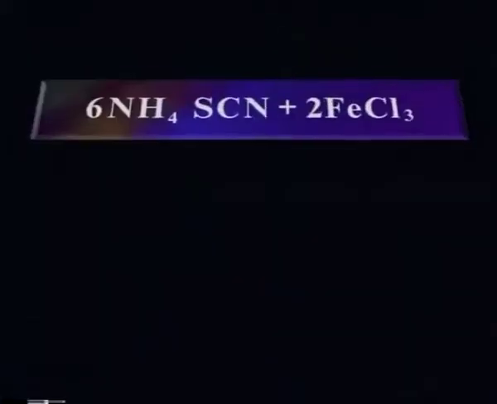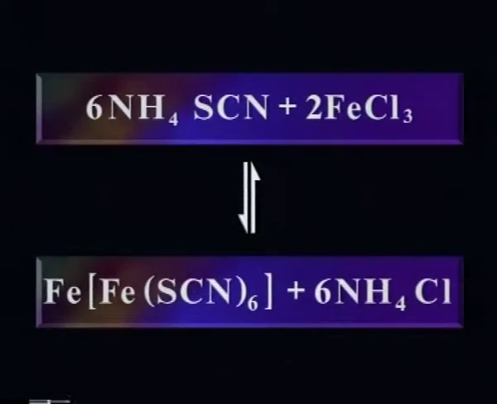Similar studies can be made with the temperature effect and so on, but here is a simple demonstration experiment to show how an equilibrium system is disturbed by changes in concentration of either the reactants or the products. The reaction taking place is between ammonium thiocyanate, 6NH4SCN, with ferric chloride, 2FeCl3, which gives the ferric thiocyanate complex,